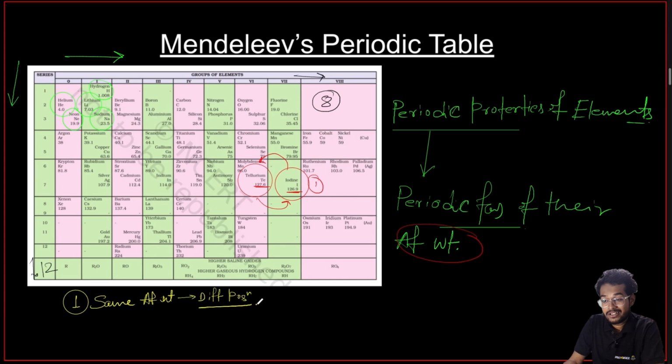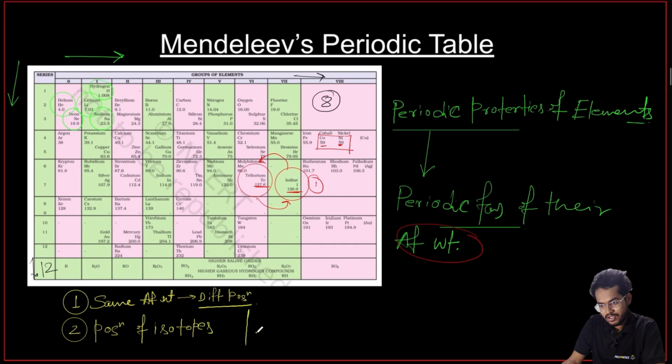Same atomic weight but different position. You can check this one: cobalt and nickel. Both are 59, but their positions are different here. Okay, as you can see, the second one is position of isotopes. The third major one is